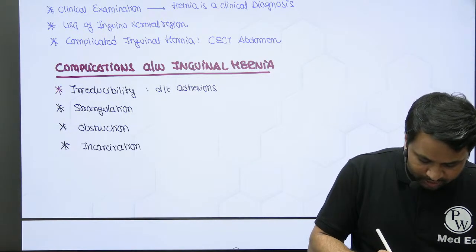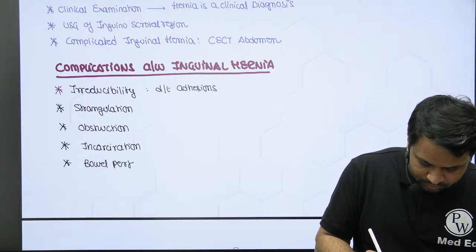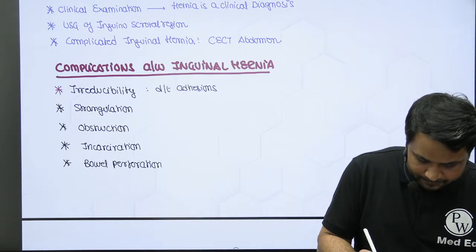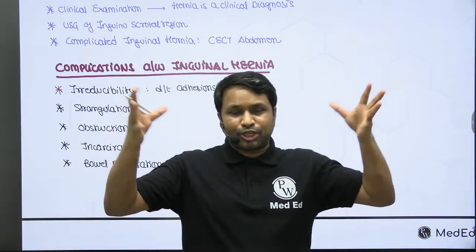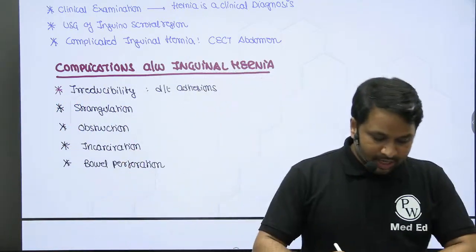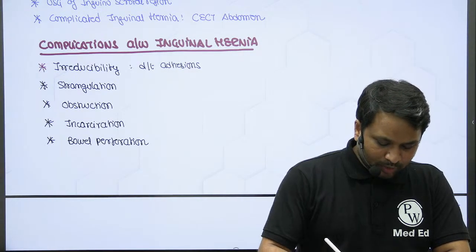And it can also have bowel perforation. Now, strangulation is basically what will happen when the pressure in that area of the bowel increases. Now, to give you all the explanations for this, the easiest thing that I can do is imagine that